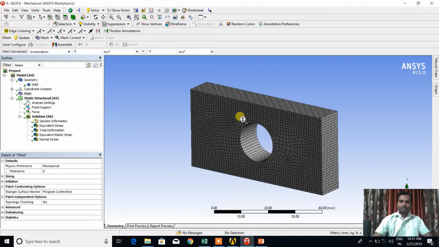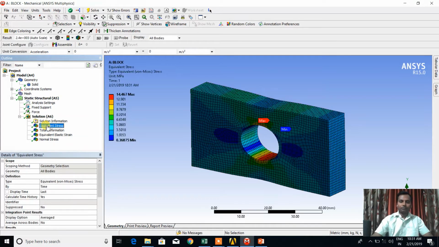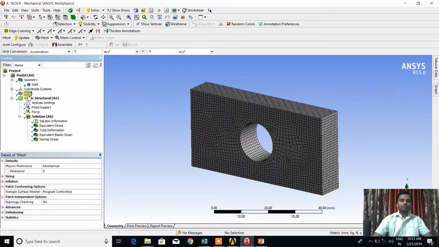In that case ANSYS Workbench automatically takes an element that is tetrahedral or hexahedral for the 3D model. If you want to change that element, or get the post processing result with respect to the change in element, then you have to apply a number of meshing methods or meshing types. So we will discuss the meshing part in detail.